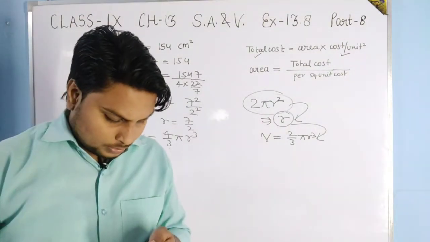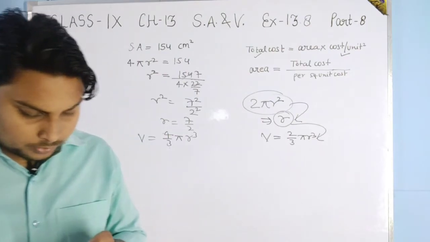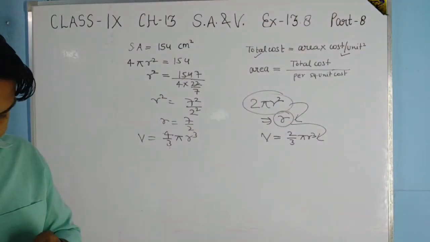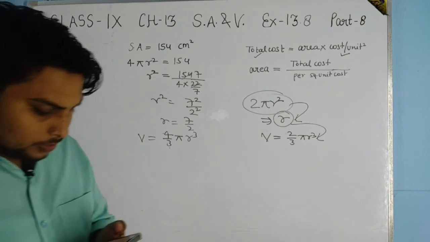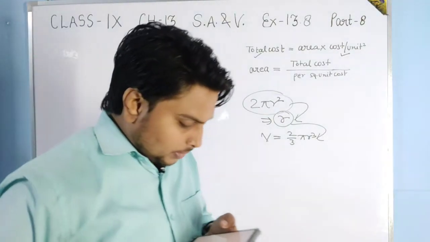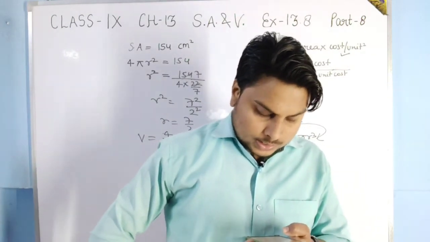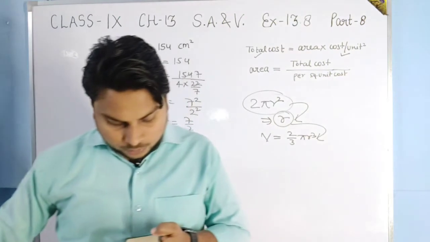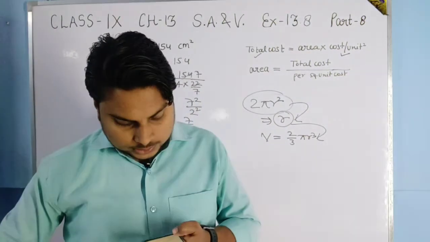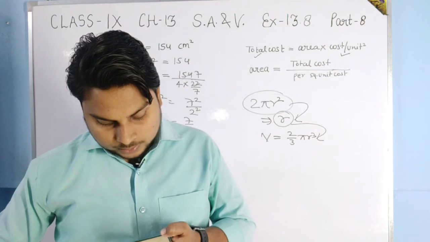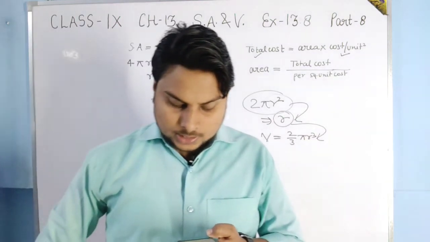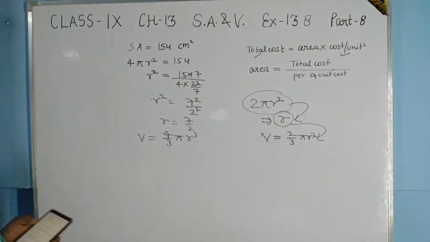Coming to the last question, that is question number 9. Question number 9 is: 27 solid iron spheres, each of radius r and surface area s, are melted to form a sphere with surface area s dash. You have to find the radius r dash of the new sphere and the ratio of s and s dash. So if you have not noted it down, just note it down as a hint. Pause the video, note it down.